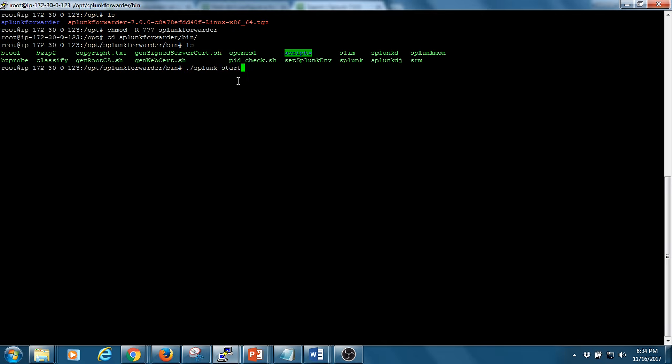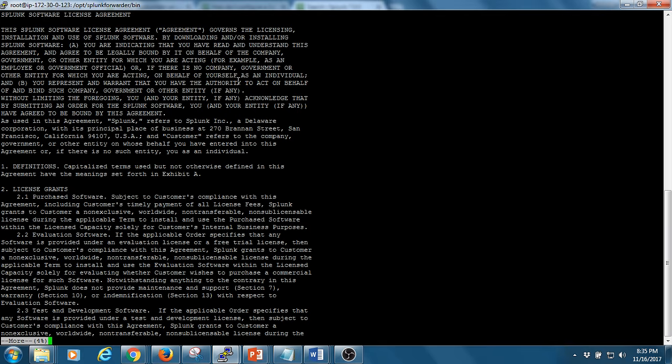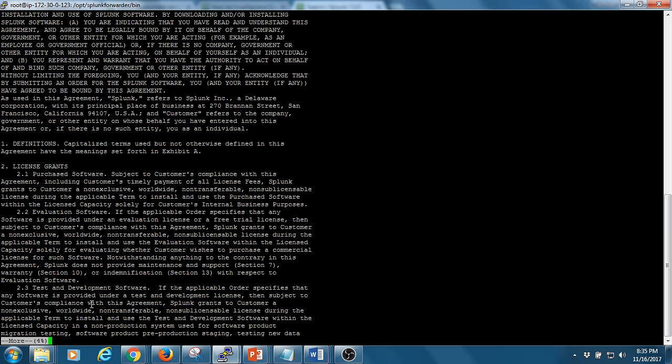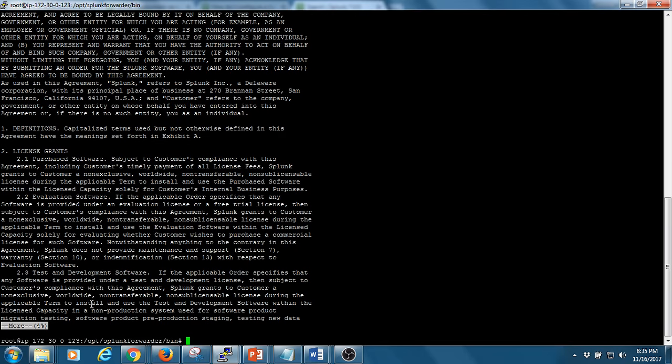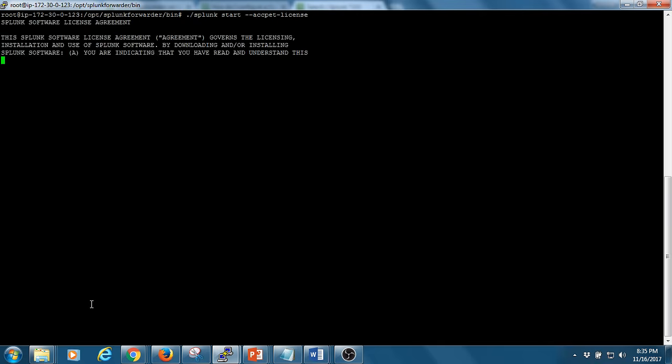This time I'm not using accept license. I'm just doing it to show you that it's a painful task if you do not say accept license. You can see here it says more 4%, so you have to keep hitting enter until you read the entire document. So we can stop this by hitting Control C, and to avoid having to scroll down until you completely read the file, you can use the flag accept license. So this is the flag, and when you hit enter,